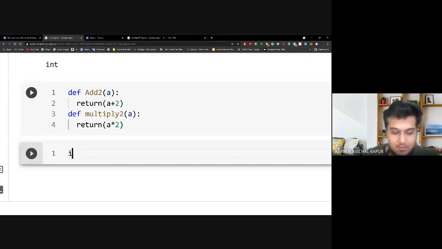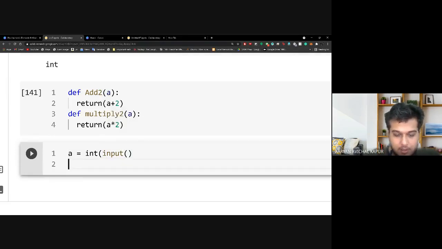Now let's say we take the input, store it in a equals int input, and write enter favorite number.